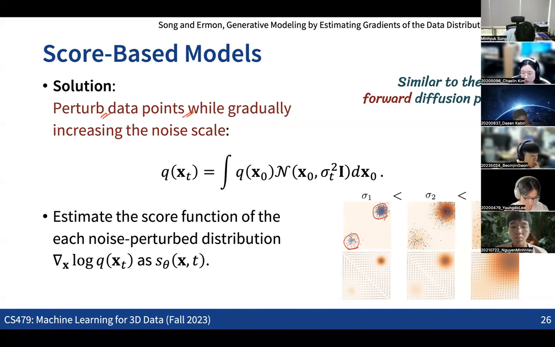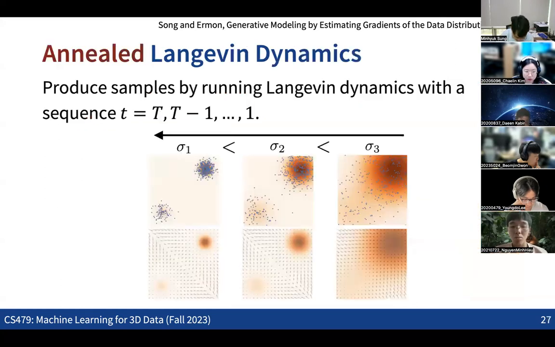So we are estimating these score functions not only for the samples from the data distribution, but also by perturbing all the data points so that we have more points over the space, and then we get the score over the entire space. And so the whole procedure is that, in terms of getting the score function, we are also running the Langevin dynamics in a sequential way.